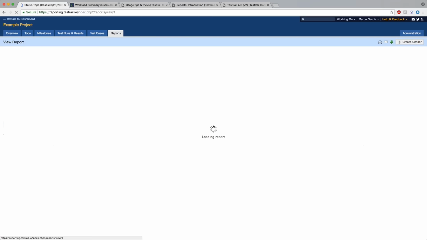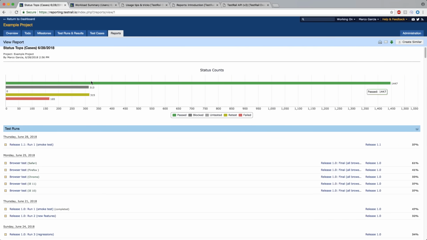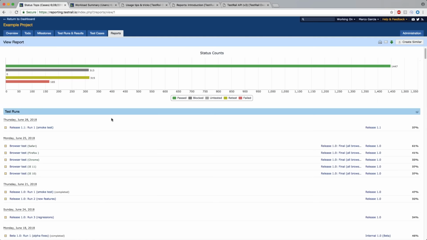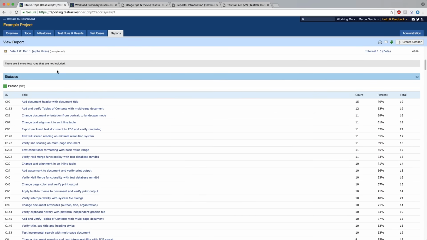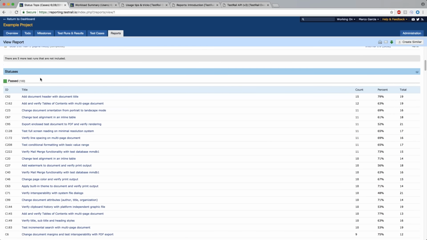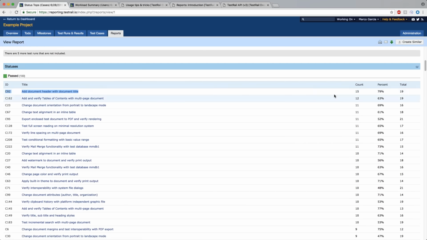I'll show you what this looks like. You have the status counts here, again, always broken down by status statistics here at the top. Test runs, the ones that were included in this report, and then you see the statuses here. So you can see that this test case has been passed 15 times throughout my selection of this report. And it'll show the percentage of times it's been passed compared to all other statuses, and then also the total